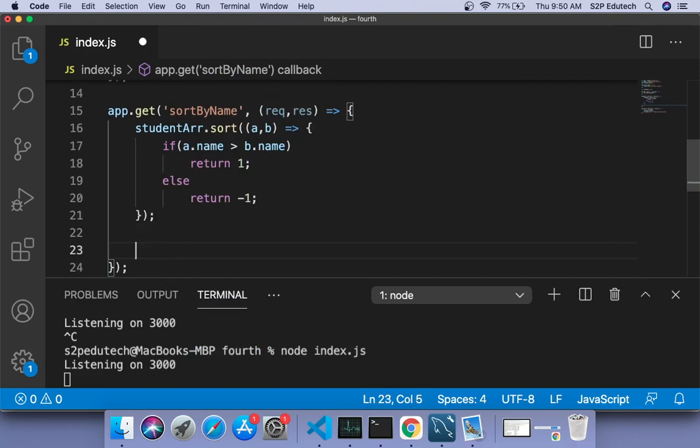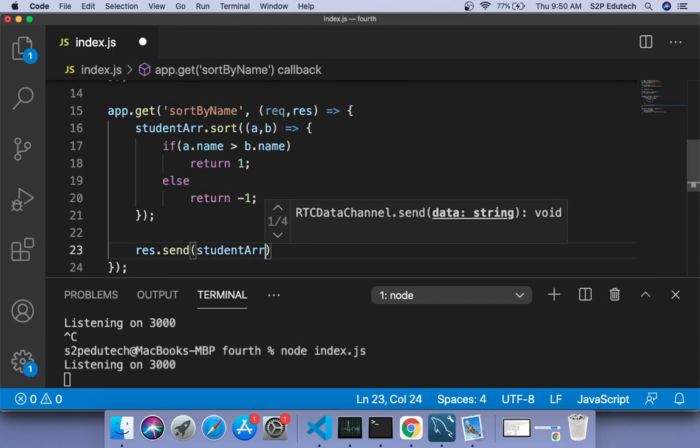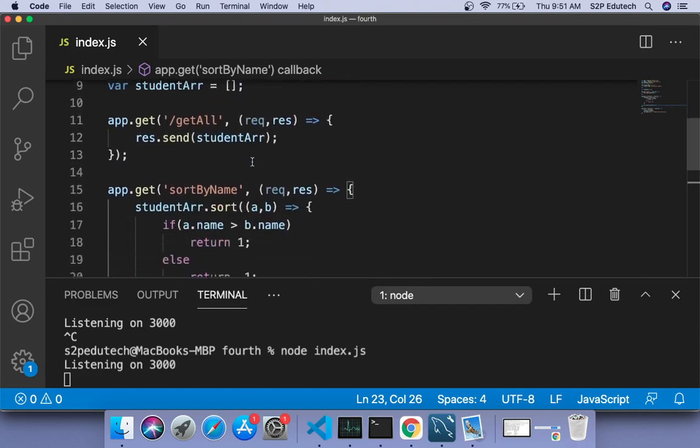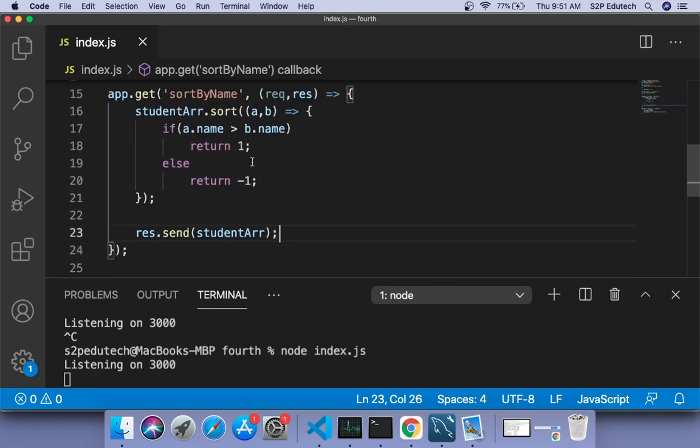And after this, I would say response.send studentArr. So what is this doing? This is sorting my student array on the basis of name, right?